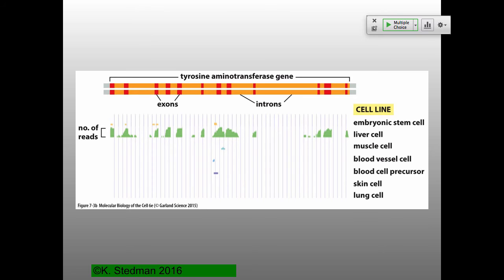Some cell types make some genes all the time. Actin is really important for cellular structure, whereas tyrosine aminotransferase turns out to be really important for metabolism, which is going on inside the liver. But